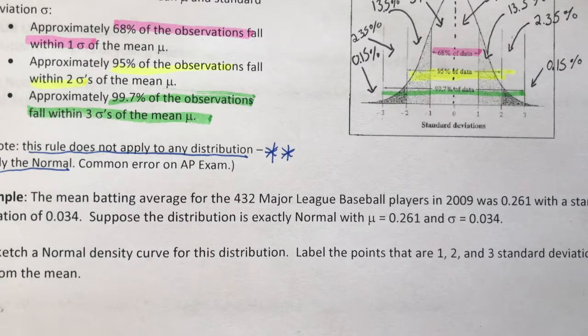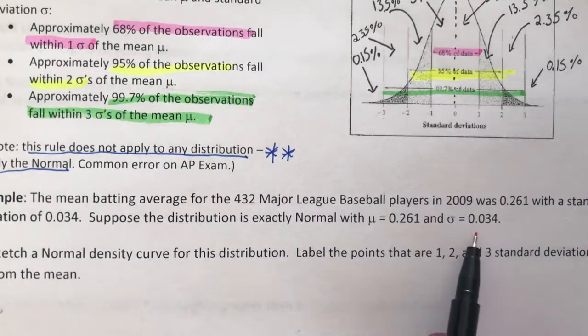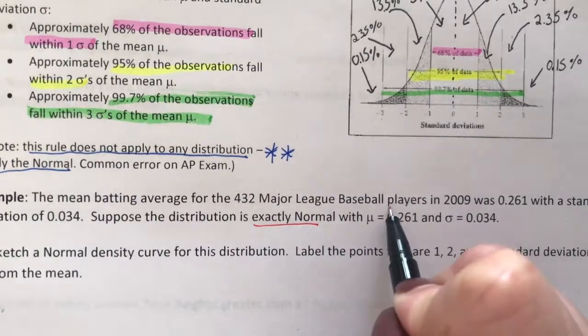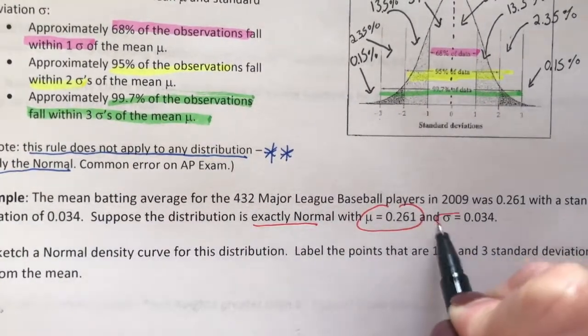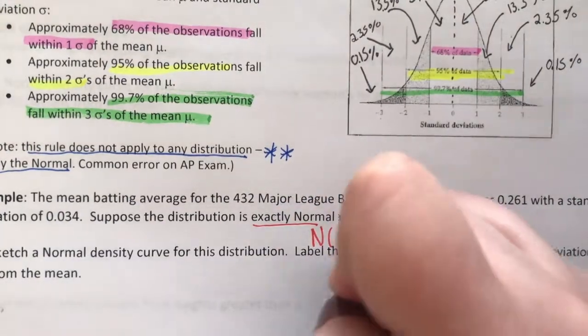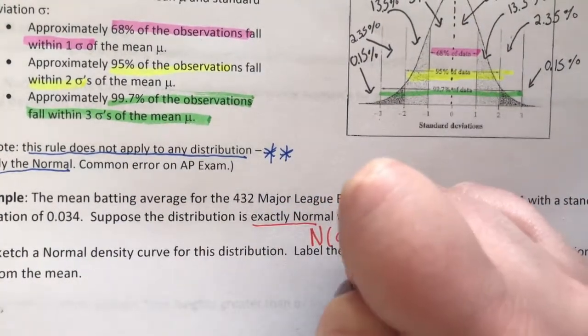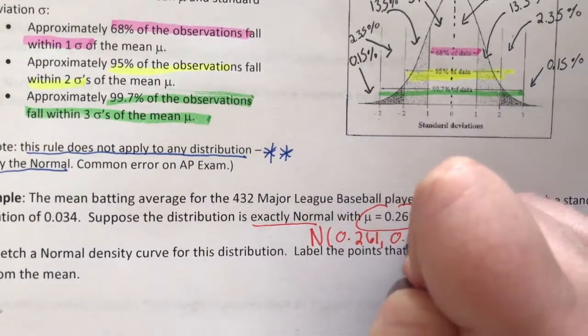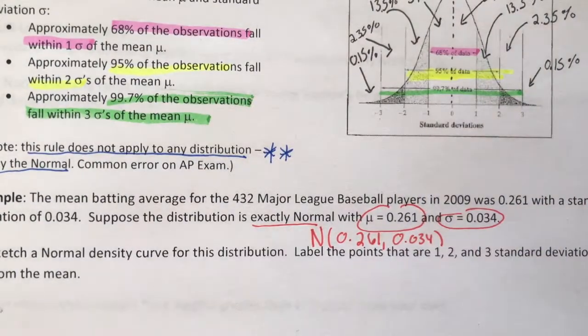Suppose that the distribution is exactly normal with a mean of 0.261 and a standard deviation of 0.034. So they tell us it's exactly normal, and we have our mean and we have our standard deviation. We can note that with a capital N, and we put our mean first, 0.261, and our standard deviation, 0.034. So when it is normal, we can write it with our normal